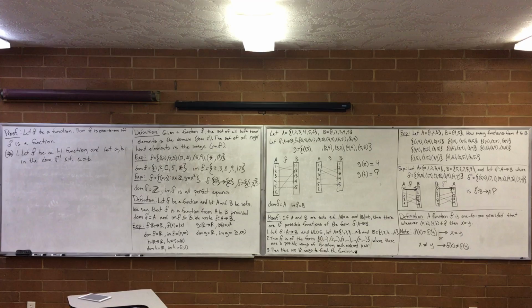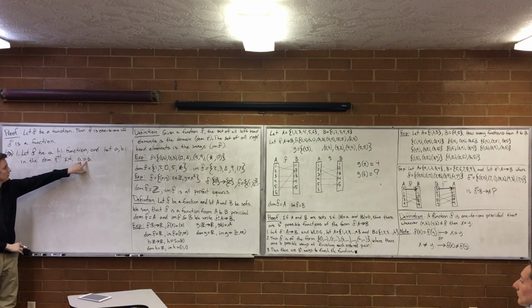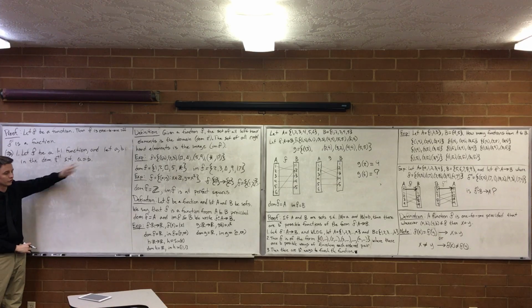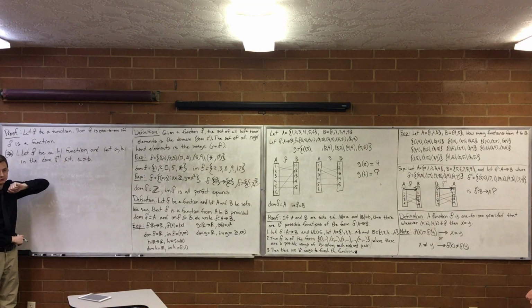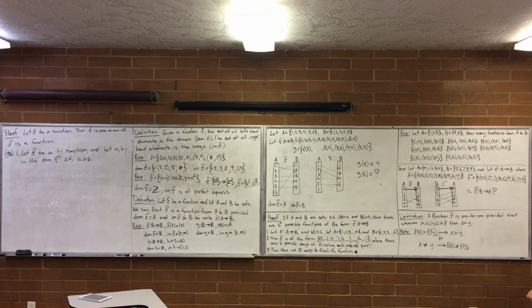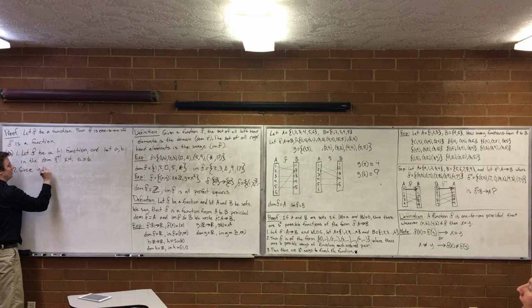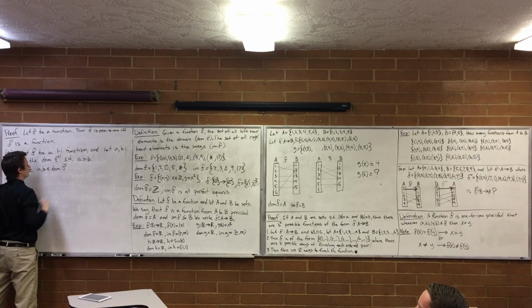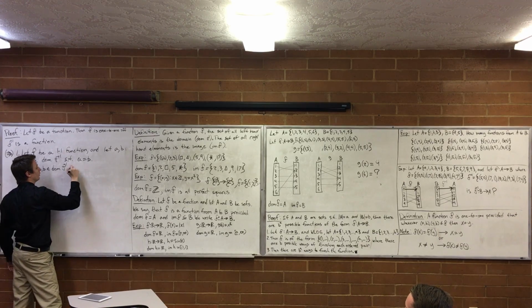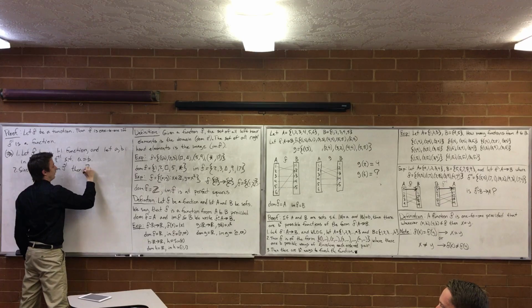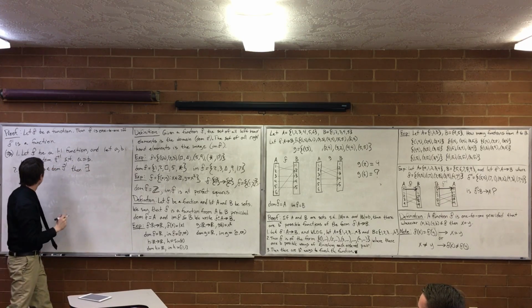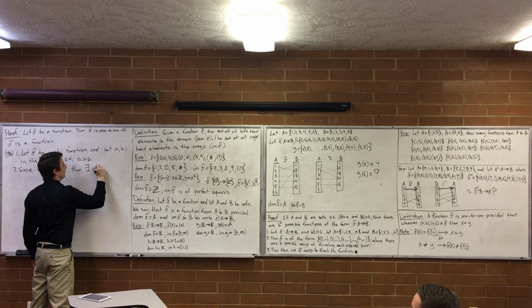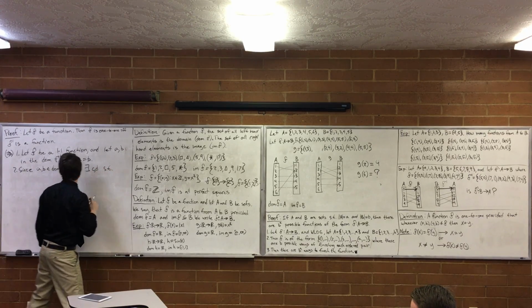Okay, so I need to show that anytime A equals B in the domain of f inverse, then f inverse of A equals f inverse of B. Since A and B are in the domain of f inverse, then f inverse of A equals f inverse of B exists. Is this going to get out of hand if I do C and D? No, I think we're okay. C and D such that...